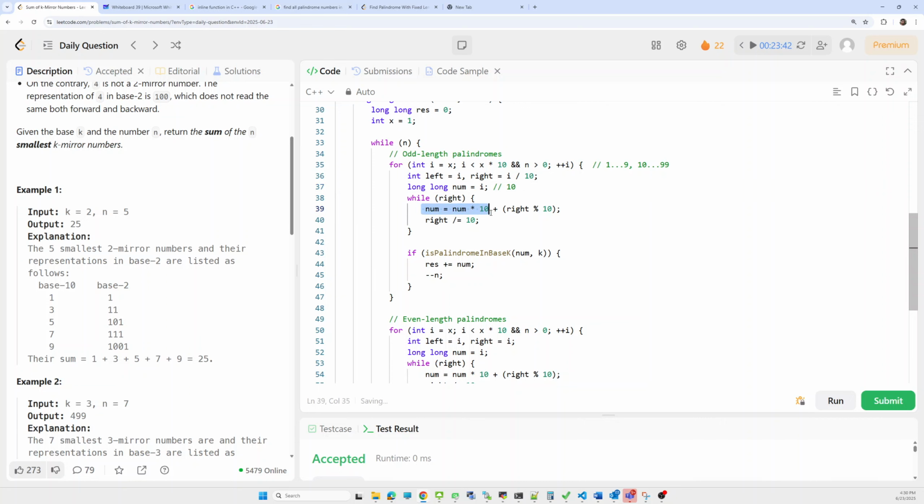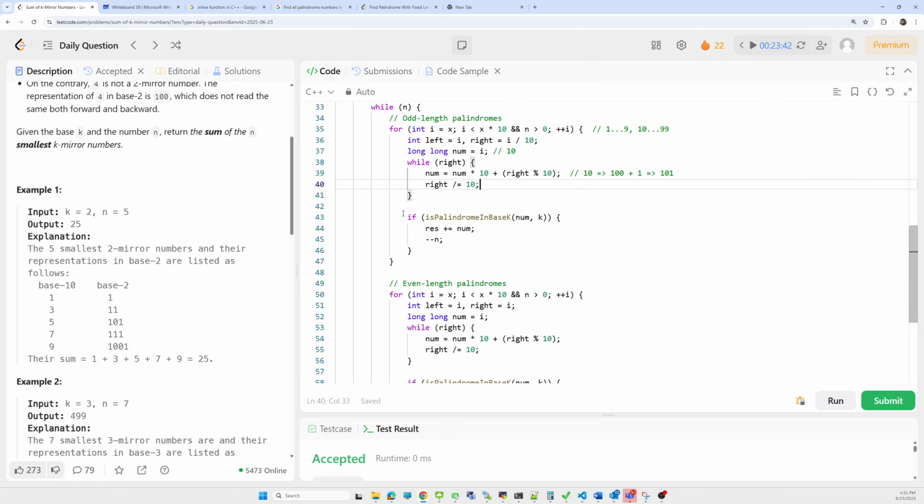Here we are updating the number, means 10 will become 100, and in that 100 we are adding one value, so the resultant will be 101. In this way we are generating the palindrome, and after that we'll again divide the rest of the right thing by 10. In the end we are generating a palindrome number.